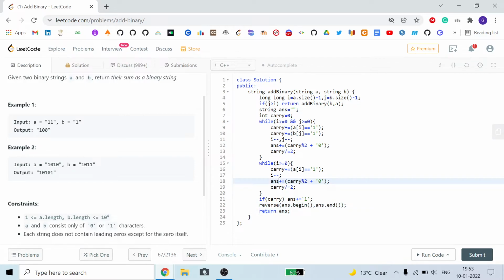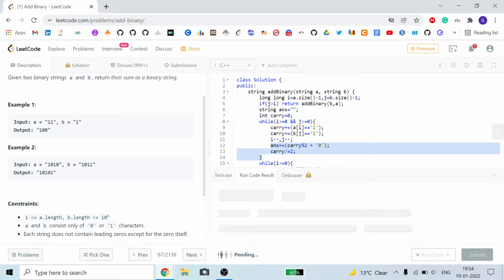And if you are thinking why this approach works, like why carry divided by 2 and answer plus equal to carry mod 2, then you can just dry run it, because it's the functionality of the binary number system. When we convert binary number system into decimal number system, this is our function, you can say.